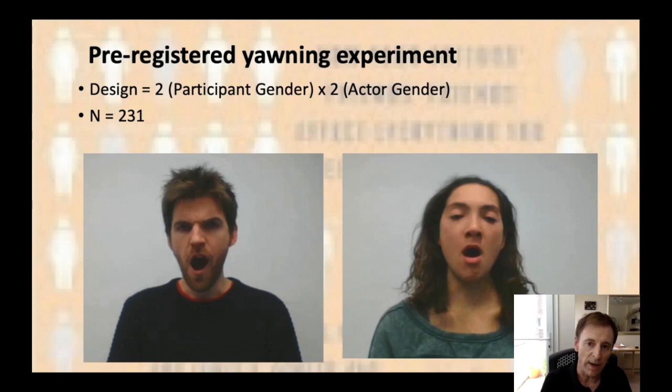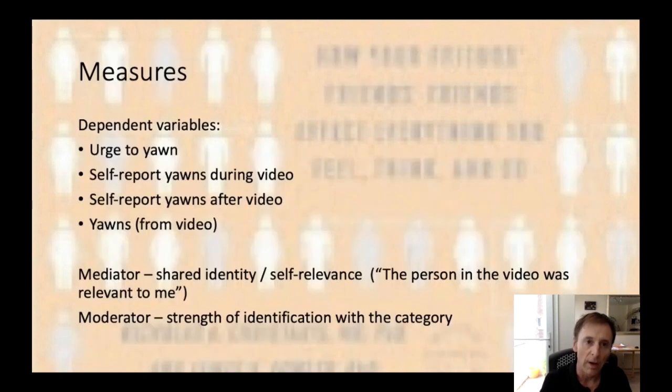And in the experiment, people are filmed on their webcams yawning or not yawning. That's one of the measures. The other measures are self-report. So they report after seeing the video how much they felt like yawning,